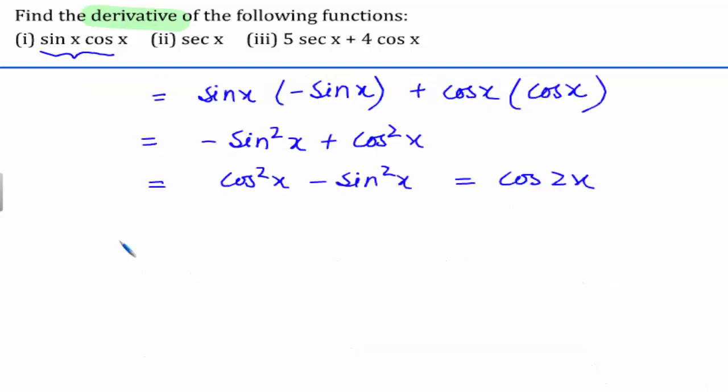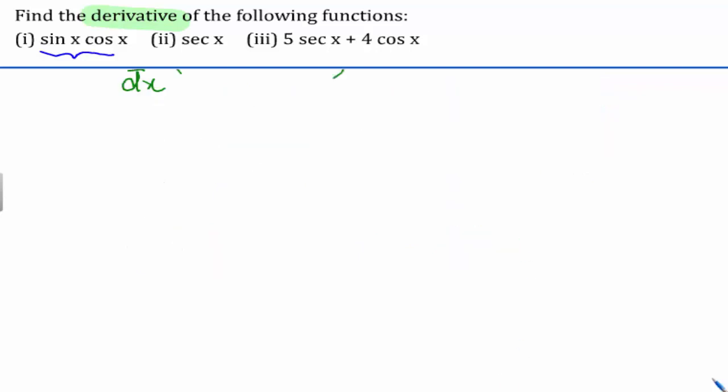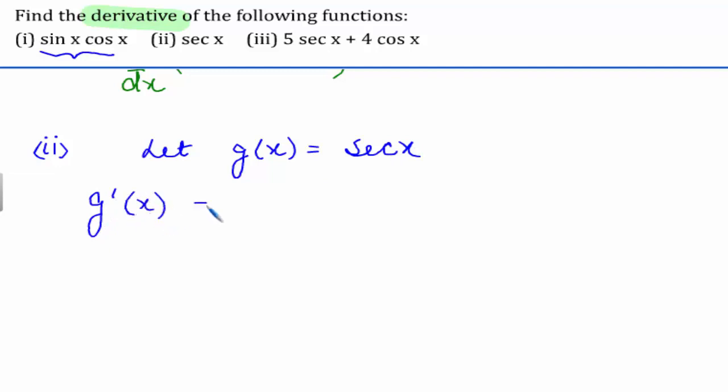Now let us proceed on to the second part. Let us define the given function by g x. So g x is equal to sec x. Now we have to find the derivative of sec x with respect to x. This can be written as 1 upon cos x. Now applying the quotient rule here, to find its derivative we have cos x into derivative of